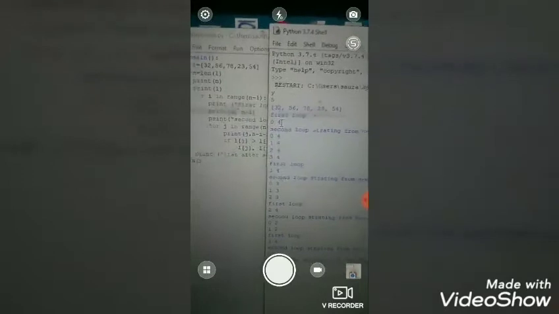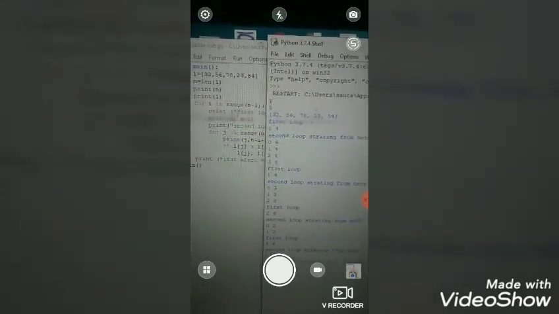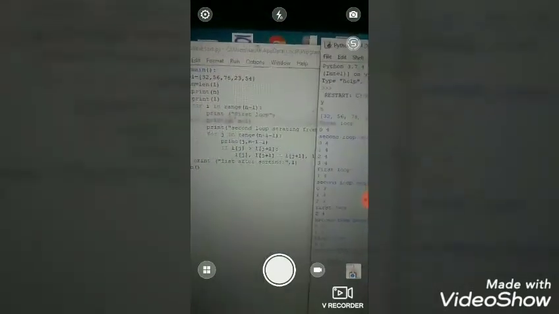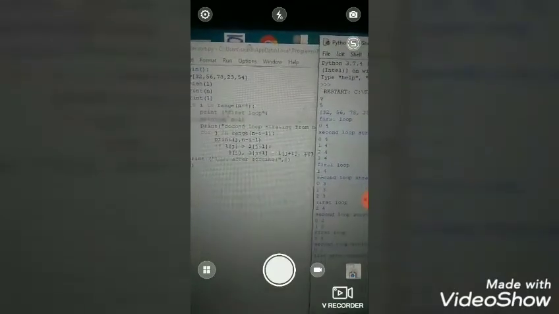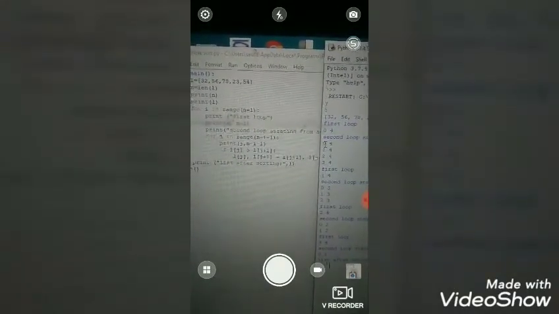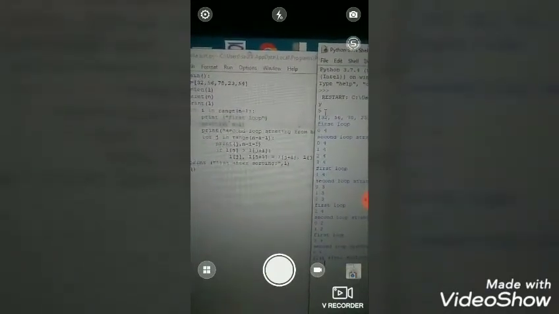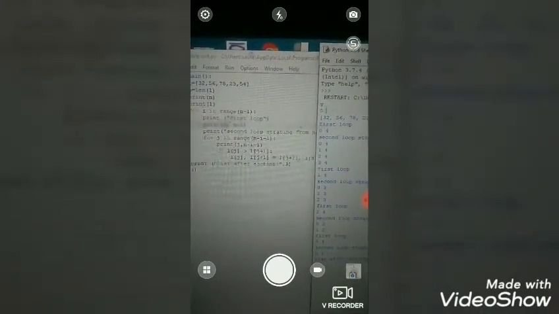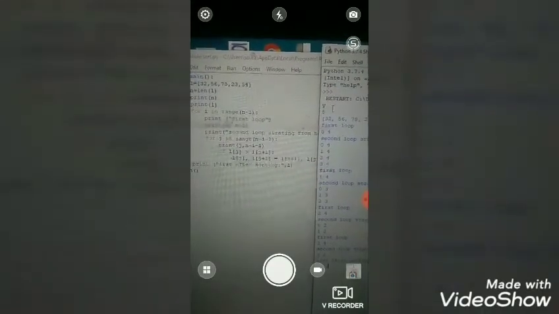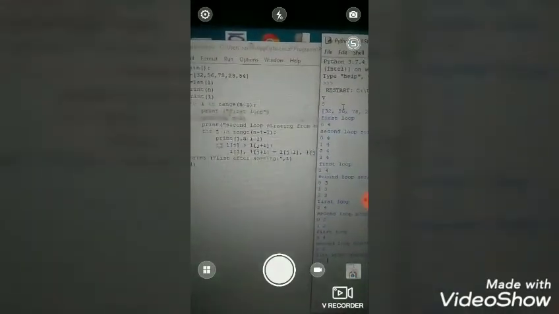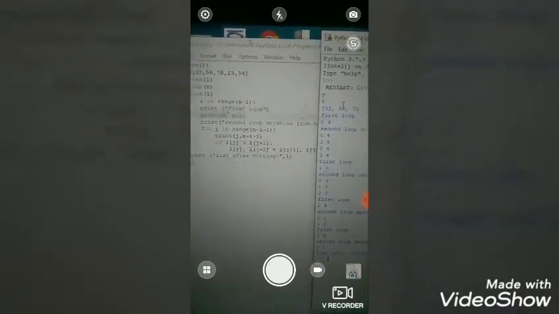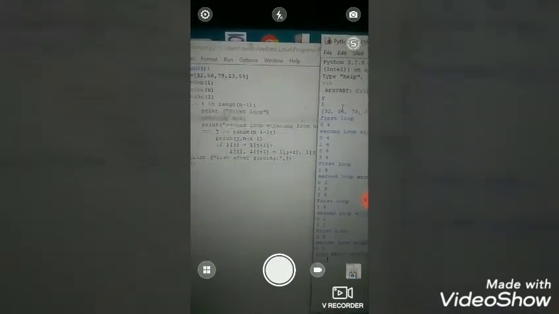So first the loop will run and compare the values at the 0th and first positions. It would exchange the values of 32 and 56 with each other, swapping 32 and 56 if the condition is satisfied, but here the condition was not satisfied, so it will not swap these values.